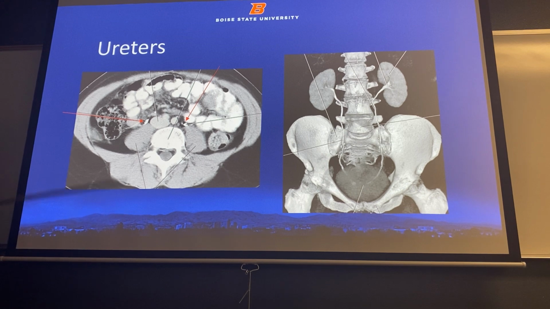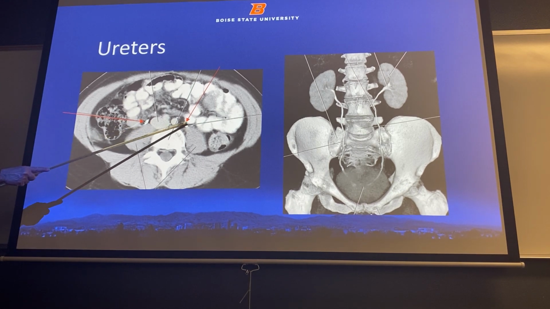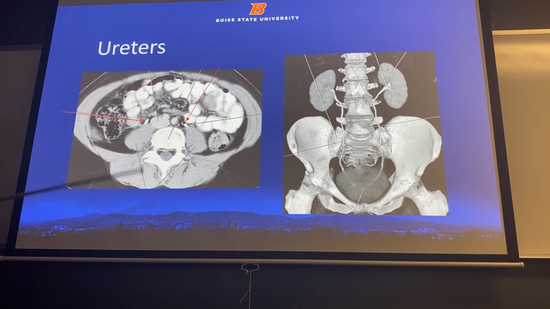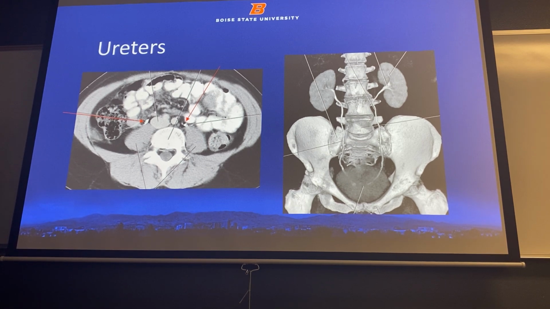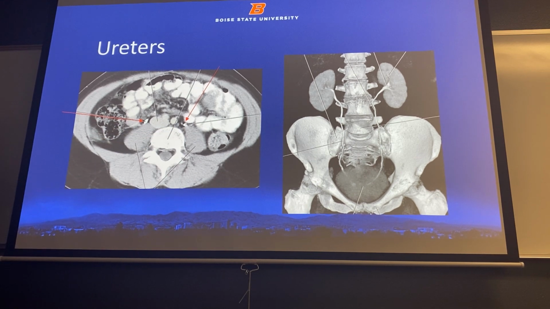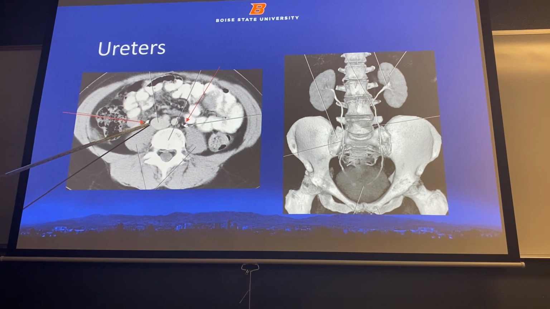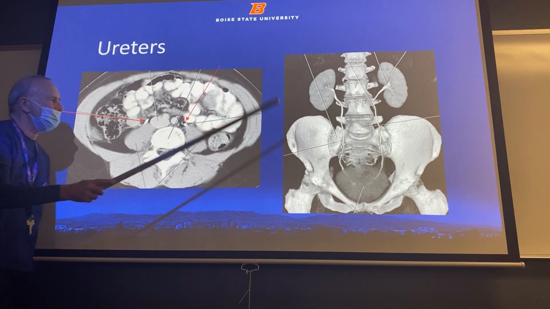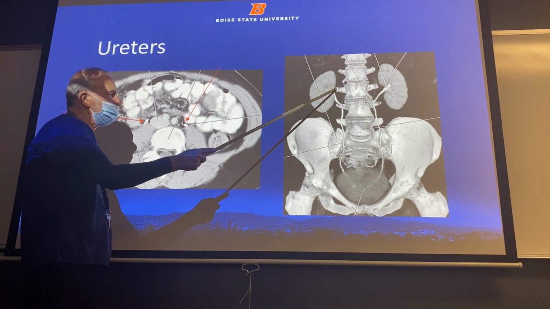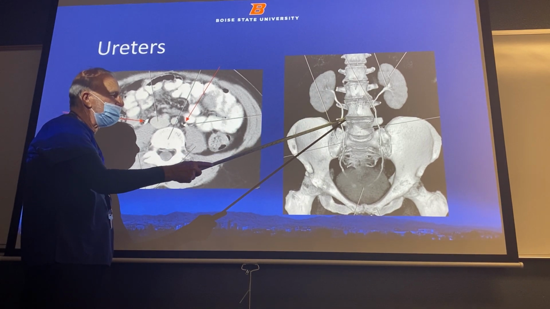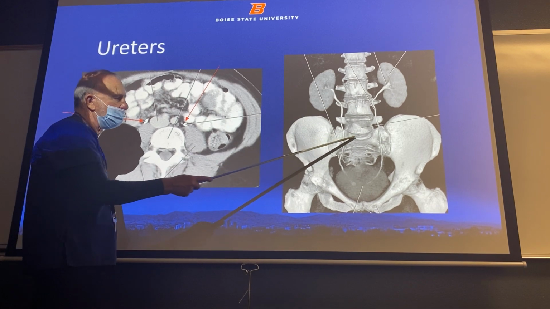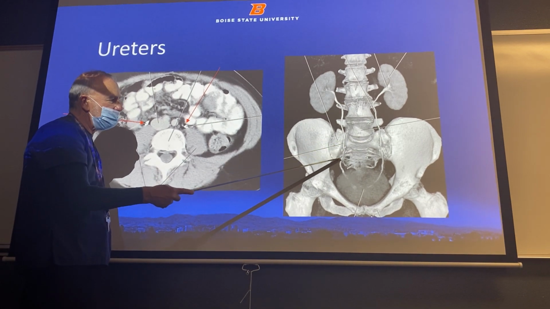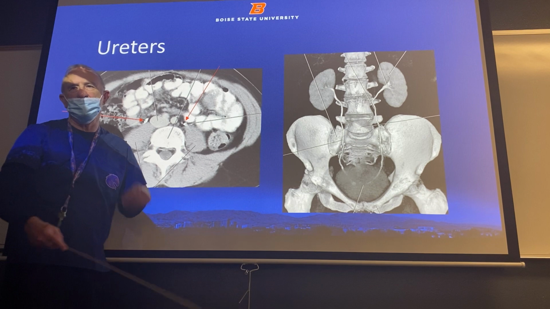And one of the landmarks you want to look for is that these contrast-filled, sometimes even without contrast, round densities are going to be the ureter. So the landmark we look for on these is that the ureters are sitting on top of the psoas muscles. So you see the little dots right over here. And again, on this reconstruction, you see where they leave the kidney, they come up, which you can't really appreciate. They come over this area called the pelvic brim, and then eventually they drop into the posterior lateral aspect of